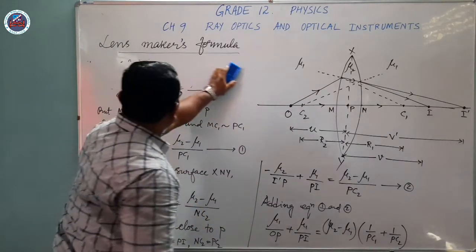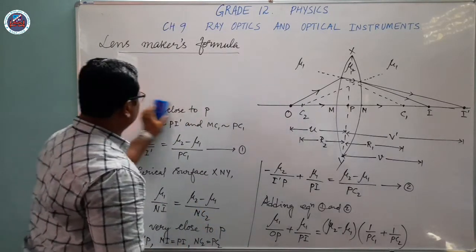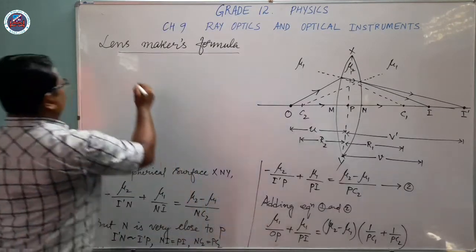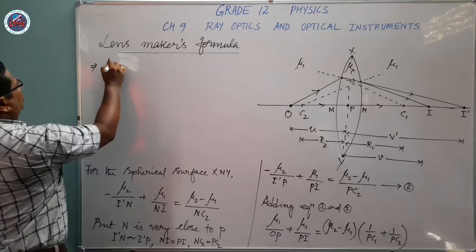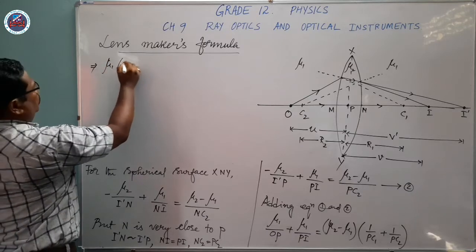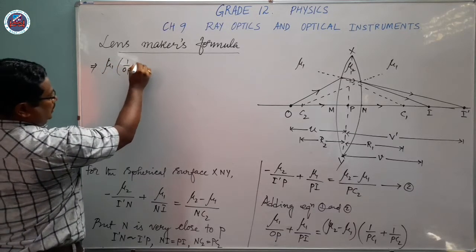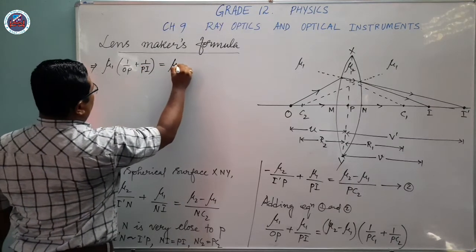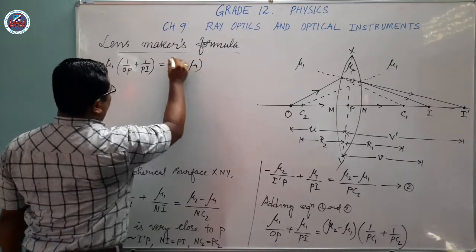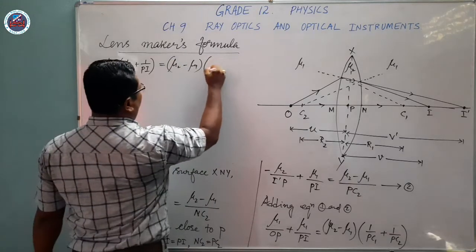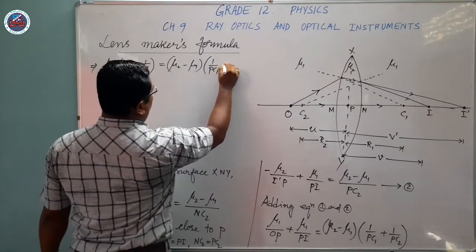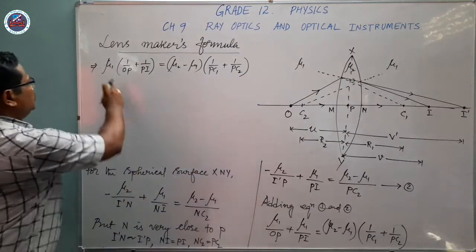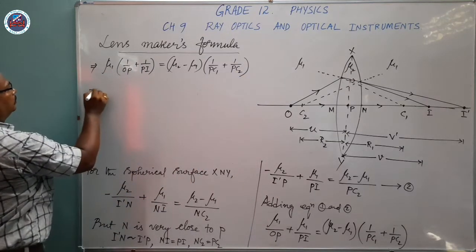Then if you take common mu1 here, 1 by OP plus 1 by PI is equal to mu2 minus mu1 divided mu1 into 1 by PC1 plus 1 by PC2. Then this mu1 term, if you bring it down,